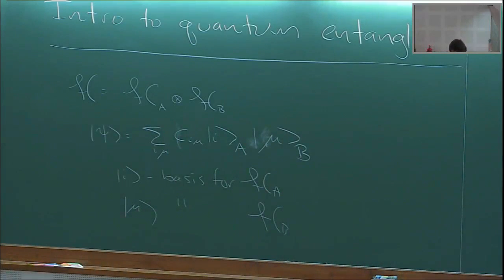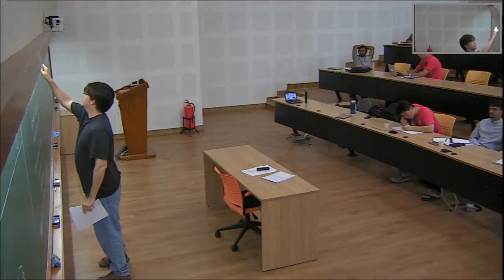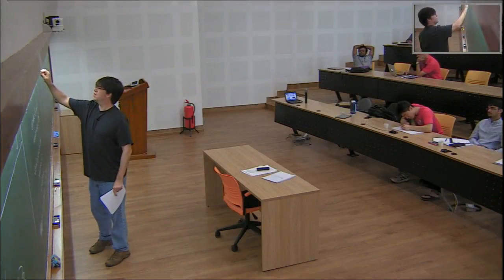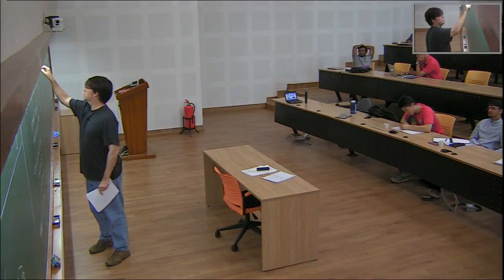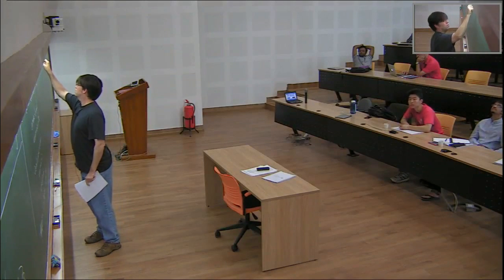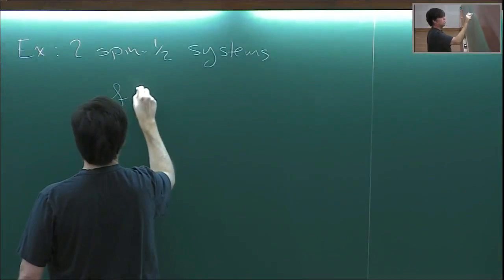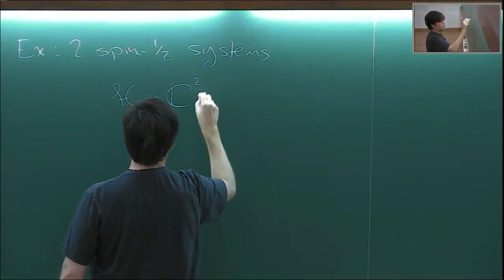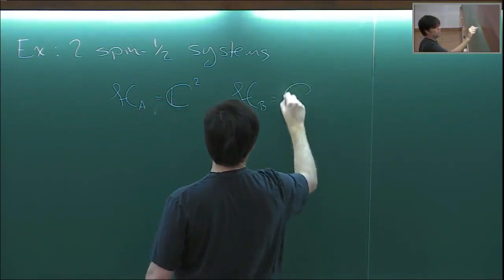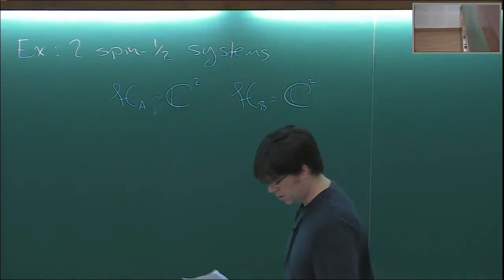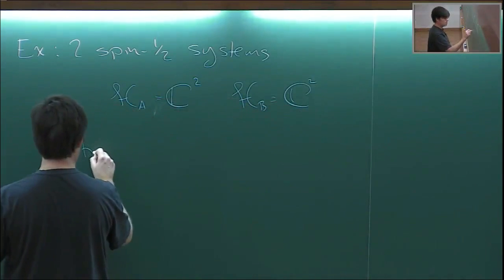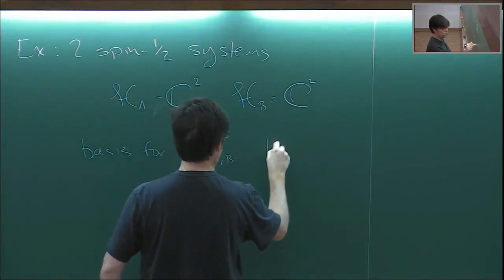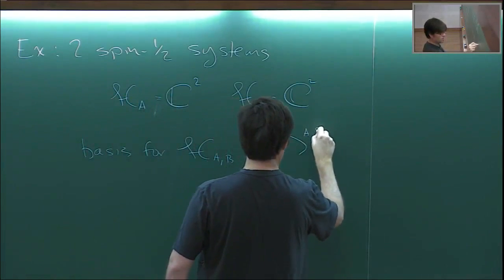Okay, so the classic example, which I think both Matt and Apurva have discussed, is just the case of two spin-half systems. So here, by which I mean H_A, the Hilbert space, is just two-dimensional, like so, and a basis for H_A or H_B will just be labeled like this, such that